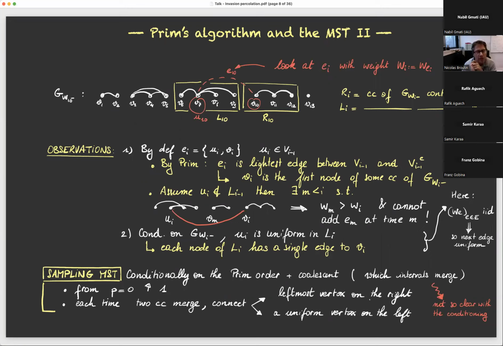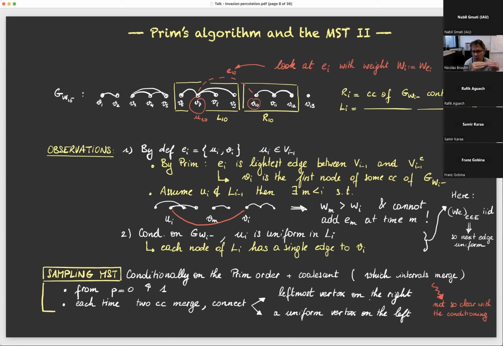So this edge is some edge of the minimum spanning tree. It's somewhere. Okay, so it's some EI for a step I. So by construction, you know that EI is the lightest edge between VI minus 1 and the complement. So in particular, VI must be the first node of some connected component of the graph that stops exactly before